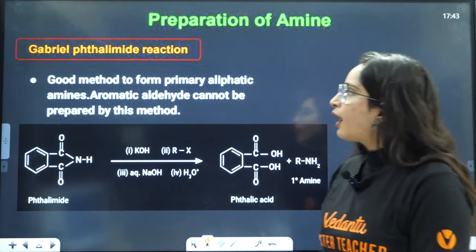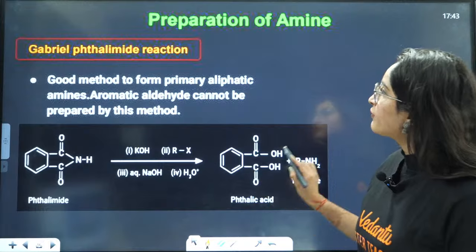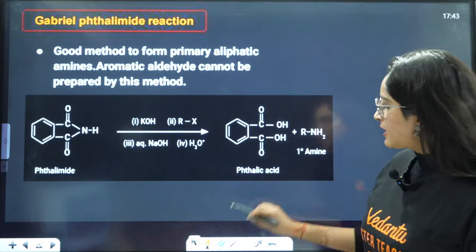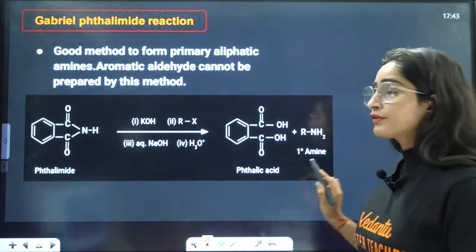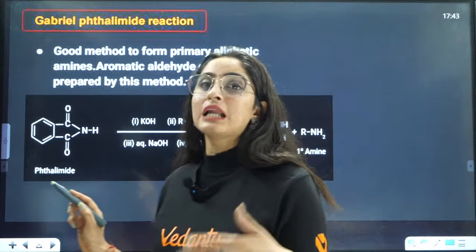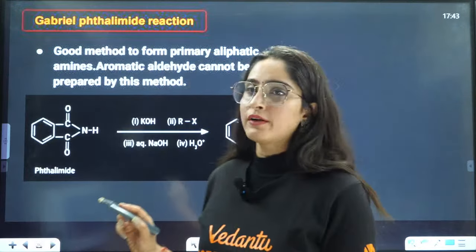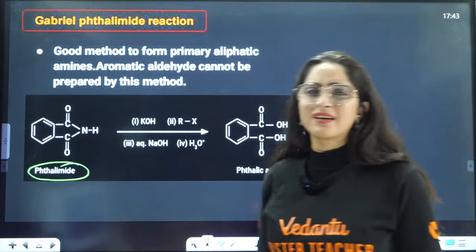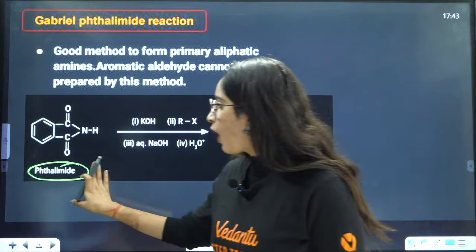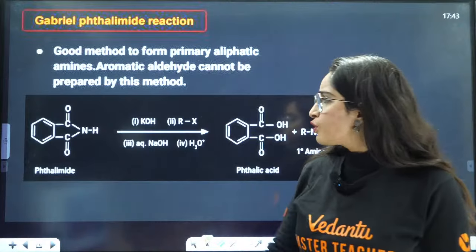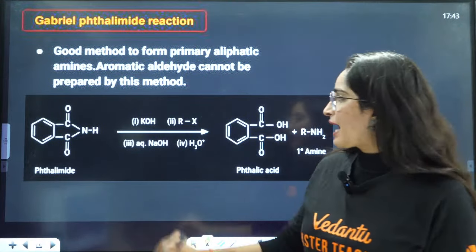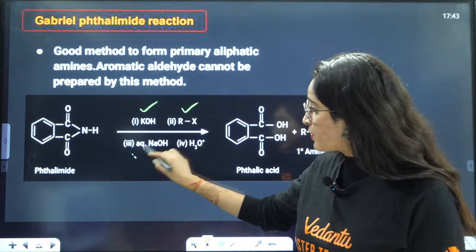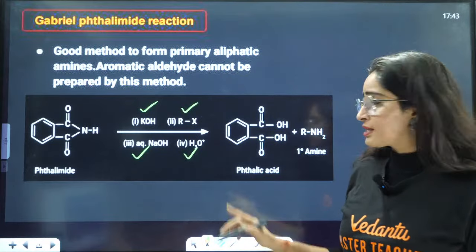Now let us see what is Gabriel phthalimide reaction. In the last lecture I told you what is Gabriel phthalimide. This is basically phthalimide, right? This we have seen in aldehyde ketones as well, right? How to prepare phthalimide. So once you prepare phthalimide, on adding KOH, RX, aqueous NaOH and water hydrolysis, you will